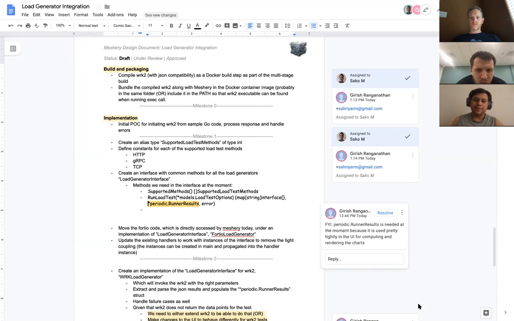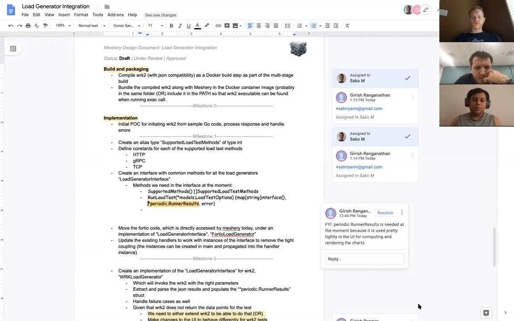returns high-level summary results, that's going to be a problem, because of the way our system works. Again, we do have a reasonably tight coupling with Fortio. So this library, the periodic.runner results, is actually part of Fortio. Now, the reason why we are using this is actually twofold. Number one, it's just easy, because we started off with Fortio, but there is also a number two, which